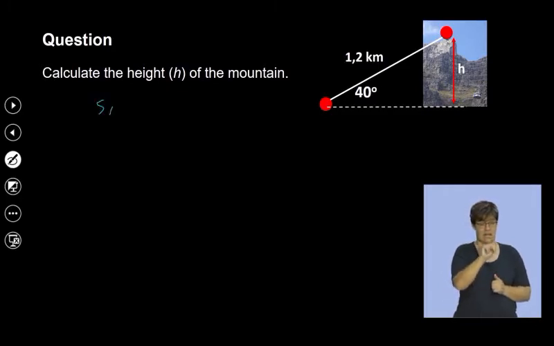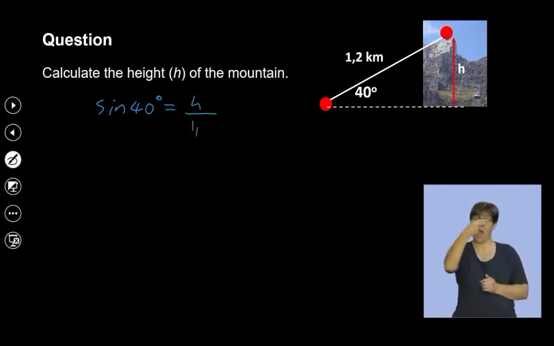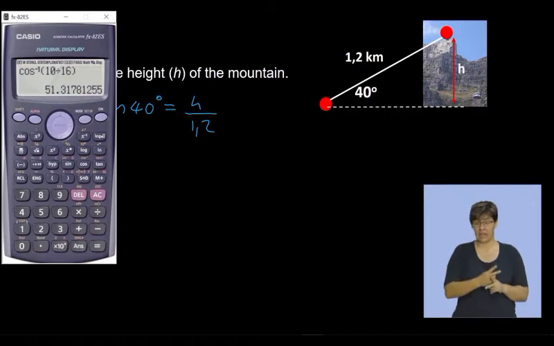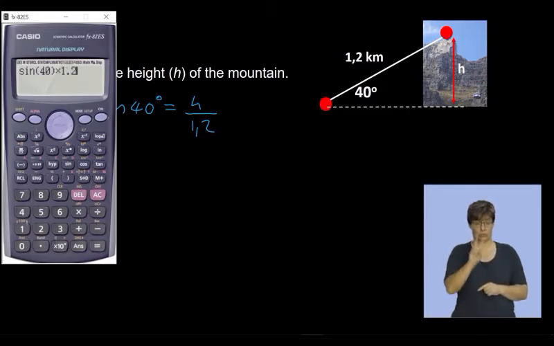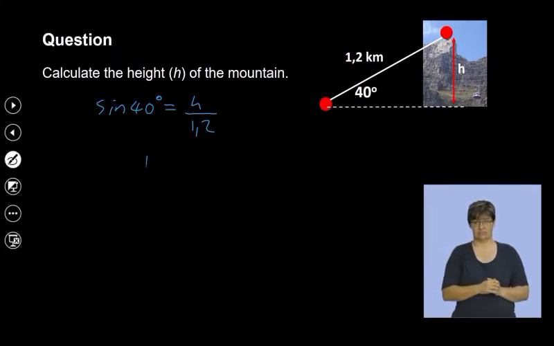This will be sine of 40 degrees is equal to H, which is what I'm trying to find, over 1,2. Then with a calculator, you just press sine 40 multiplied by 1,2, and that will give me the height, which is 0,77. So H will be 0,77